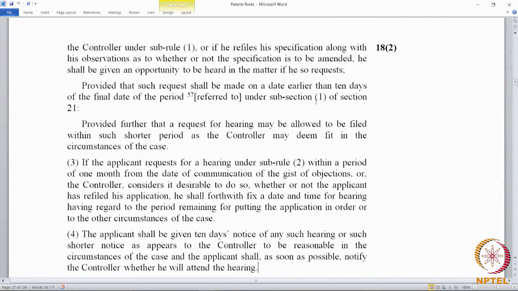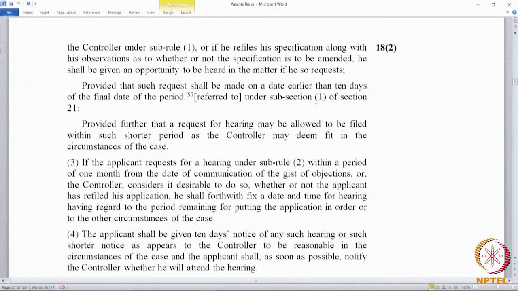Now, if a request for hearing is made within 1 month, the gist of objections is communicated to the applicant by the controller, the applicant receives the gist of objections and within 1 month he requests for a hearing. So, there is a 1 month time period for him to request for a hearing. The request shall be made within the period stipulated under section 21.